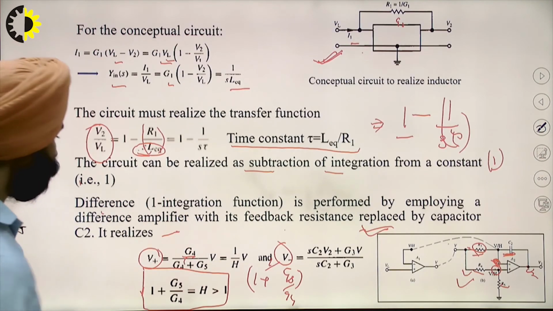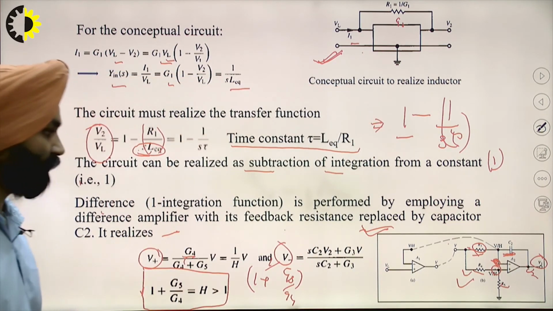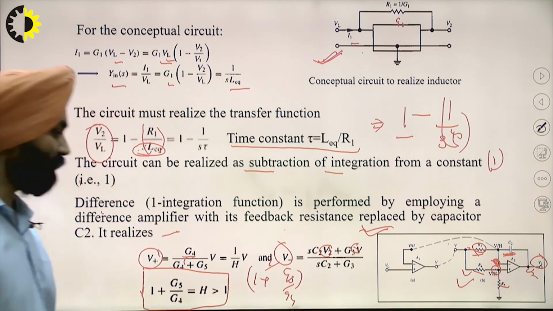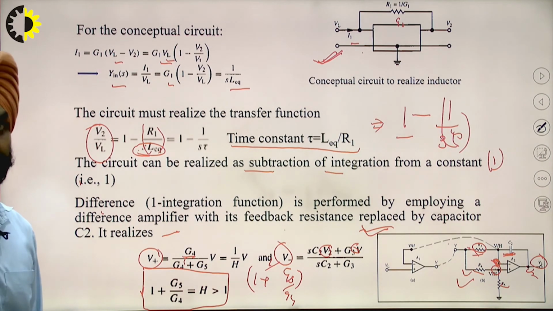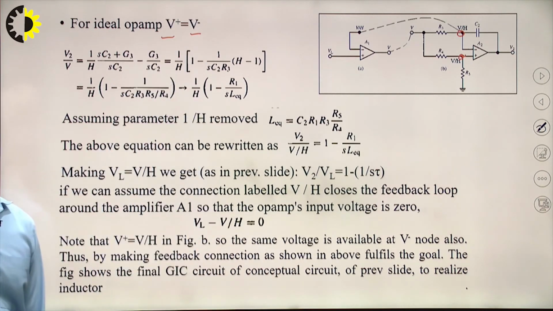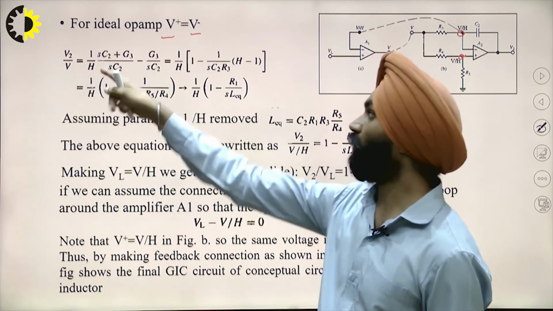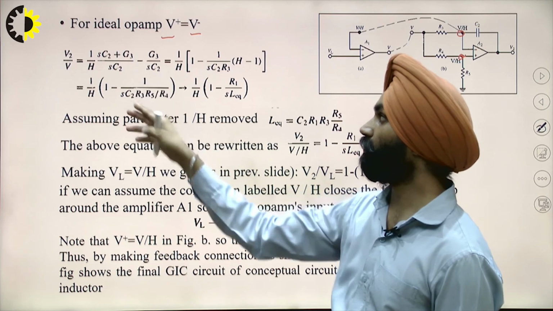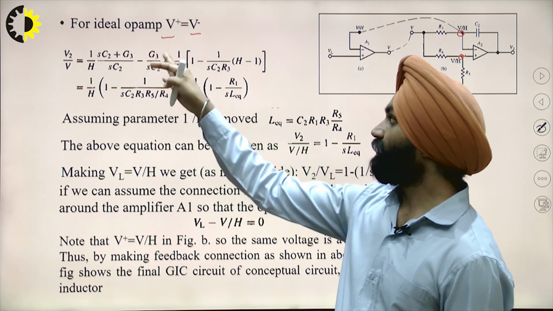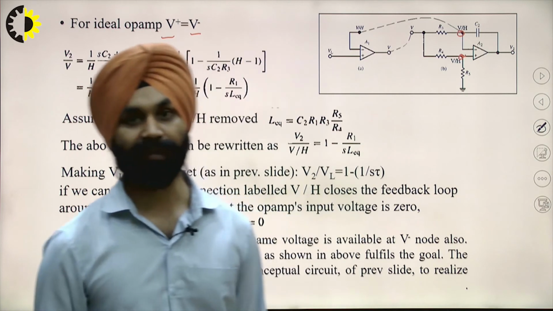Right. So if we see from here, what will be the transfer function? It will be V2 by VL. So here we have V2 as well as V. V minus will be eliminated, so we can find V2 by VL, which is the transfer function. So if we equate these two equations, we will get V2 by V is equal to 1 by H into (SC2 plus G3) divided by SC2 minus G3 by SC2.